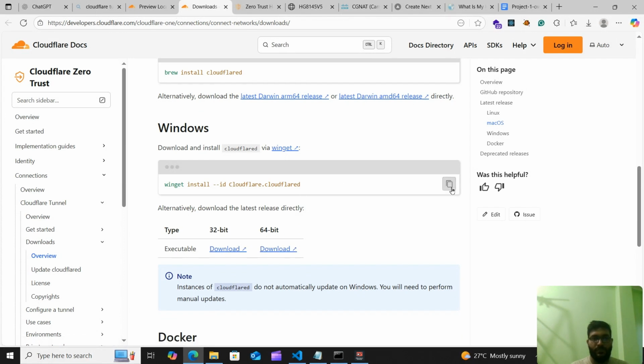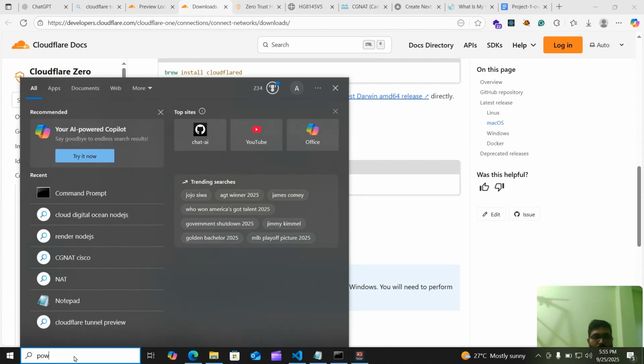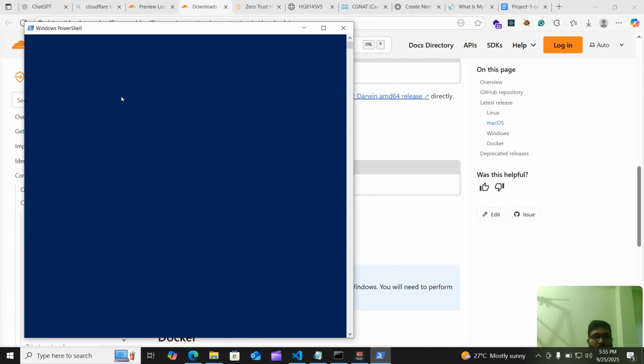Let me install through the zip. Just download from here and install. I will use PowerShell, just paste the code